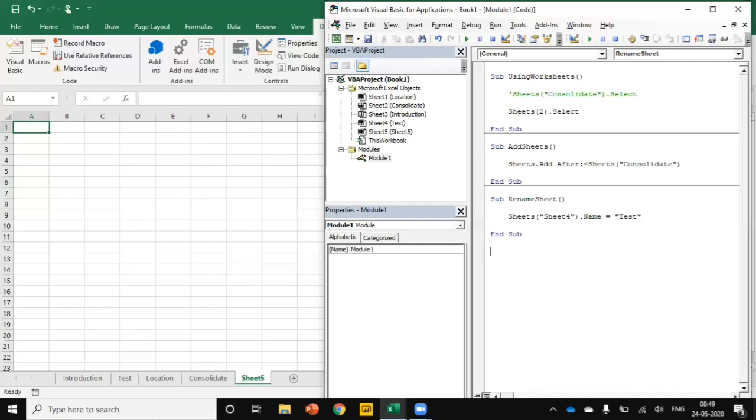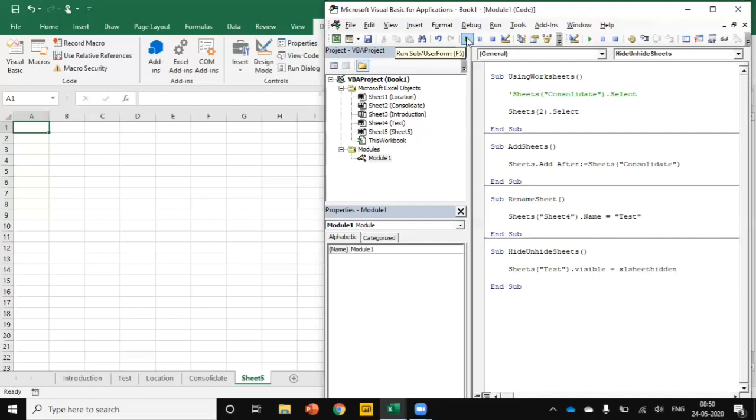The next thing is hide and unhide sheets. For hiding a single sheet, we need to add the sheet name dot Visible equal to xlSheetHidden.